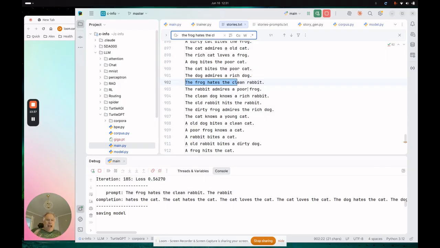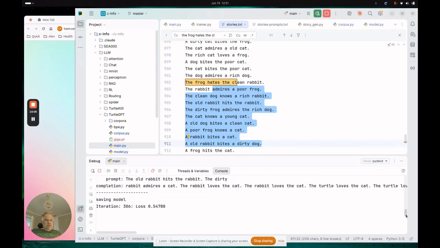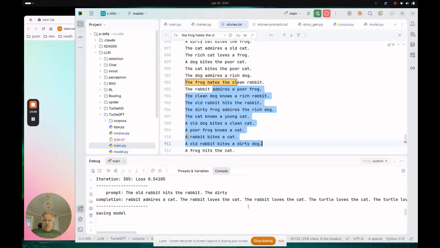What's going to happen when this thing finally converges? When you prompt it with "the frog hates the clean rabbit," it will actually repeat back stuff from the corpus, which is pretty remarkable. You'll see that ultimately it winds up doing that when we get convergence. So this is all there is to it. This is pretty remarkable. Let's see what we have. The old rabbit, the dirty rabbit. We can check that a bit more. But anyways,